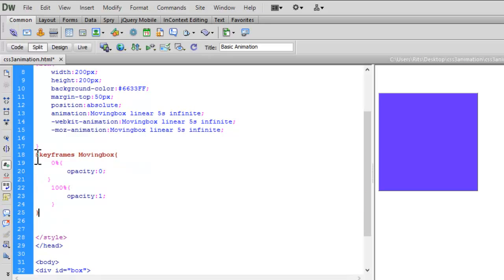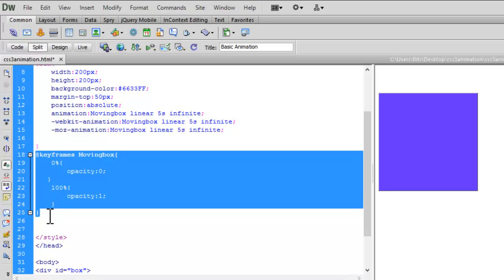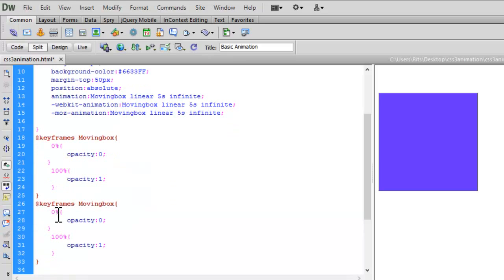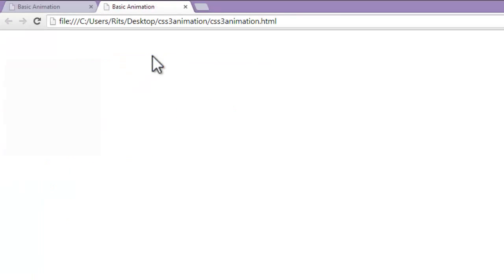Again, this is a regular syntax. Let me have it for Chrome also, and have WebKit as my prefix.